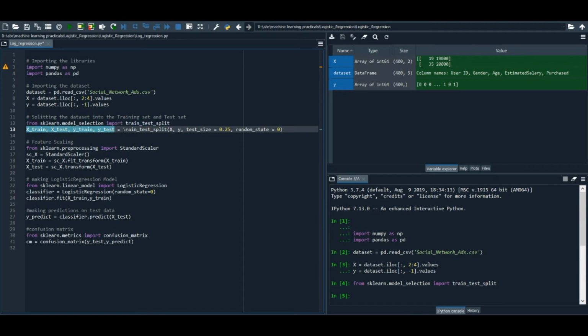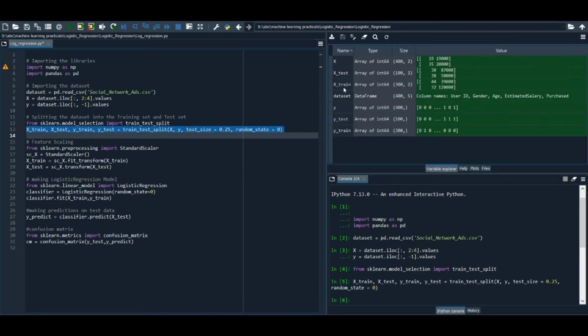Then we use the train_test_split function, where we pass x and y, our independent variable and dependent variable, and then we pass test_size, that is the size of the testing data, and then random_state, so that it doesn't just go from index 0 to the end of the rows. So after executing this line of code, you can see that we created four variables: x_train, x_test, y_train and y_test.